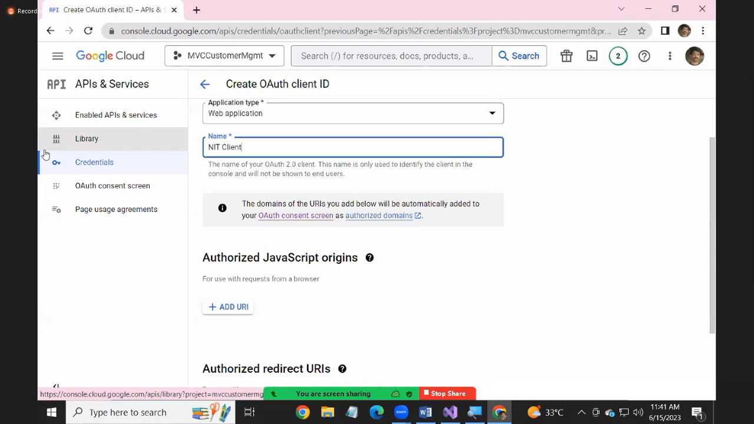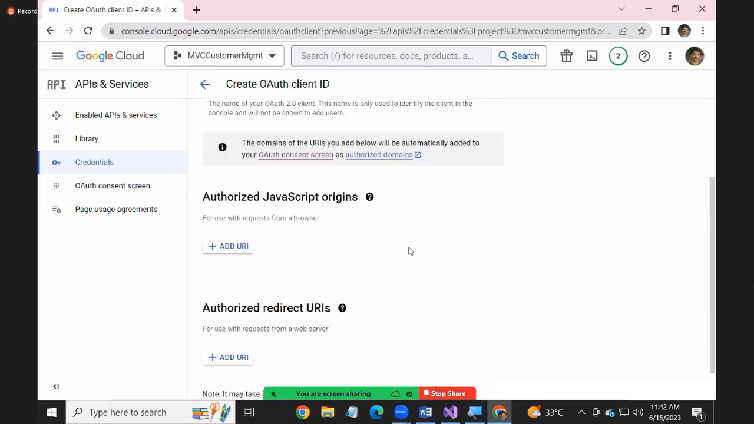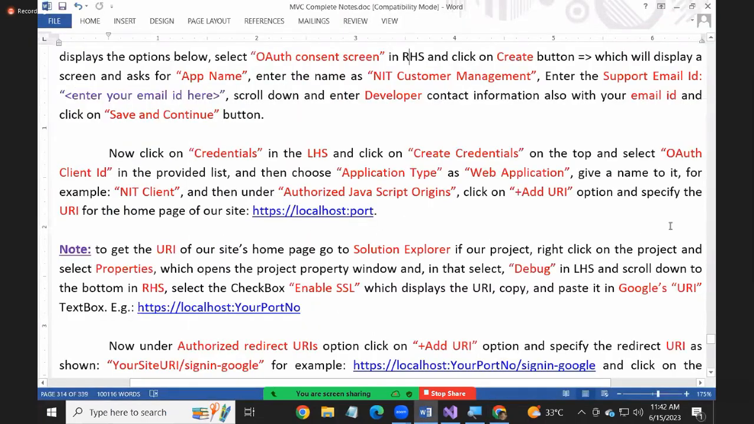When you run it and click on Google, it opens a window and asks for consent first: do you want to give permission for the application to access your data? There, it'll show you this name. What's the name? An IT client. Any name you like here, no problem. Okay, so that's that. Afterwards,